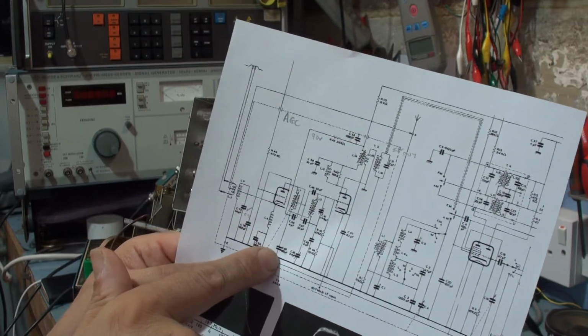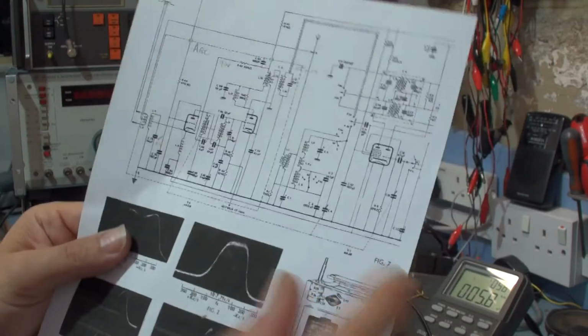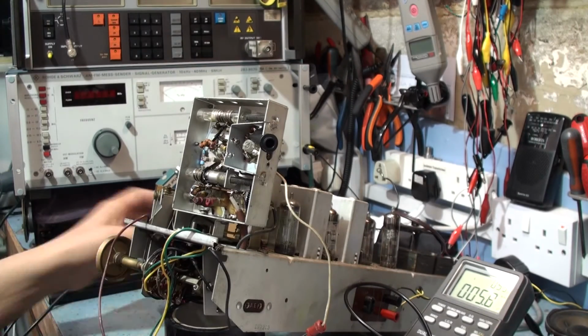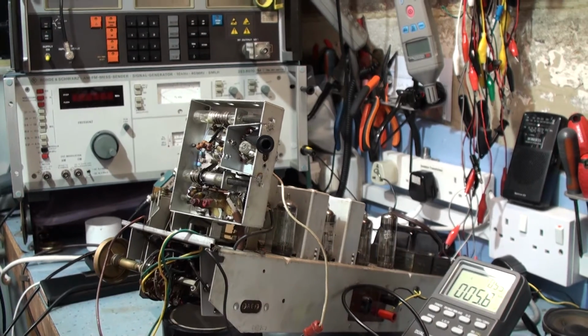So I've just found this capacitor, and it's right on the back of the cabinet. It's not shown in the manual anywhere in the layout. So let me show you what I've found. Now this capacitor, as I say, is supposed to be 3 nan. So if we just look at the